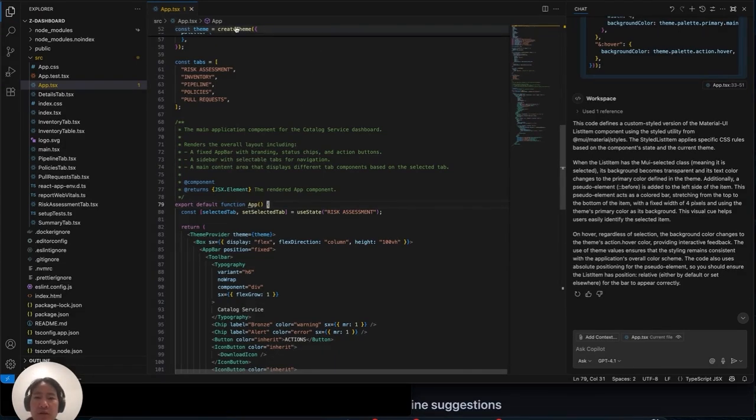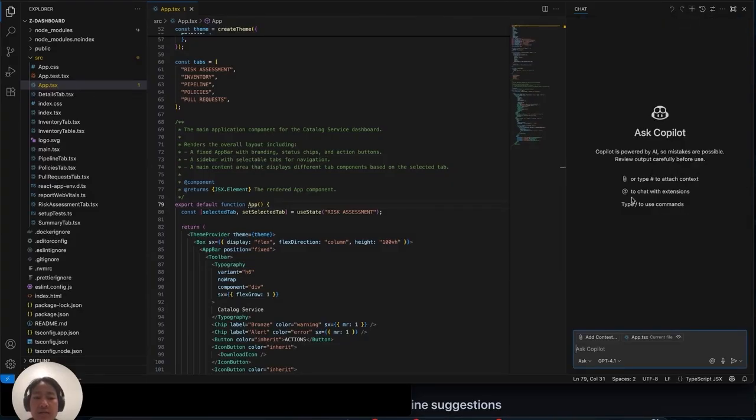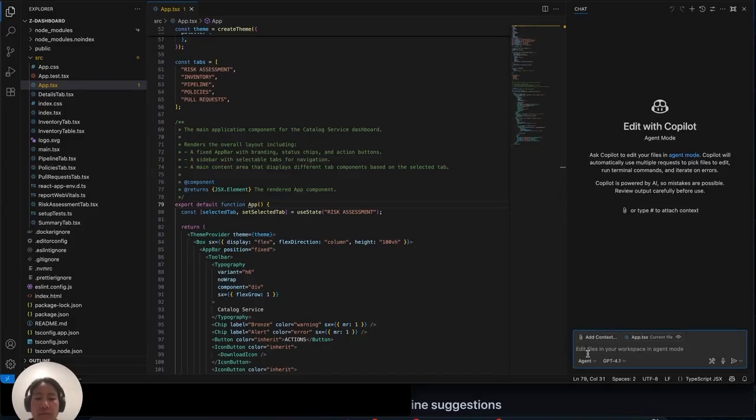So another thing you can have Copilot do is generate a README for your entire project. However, this could be one of those things that takes up a lot of tokens. So in this case, I want to start a new chat, change to agent mode, give it the context of my whole workspace, and then